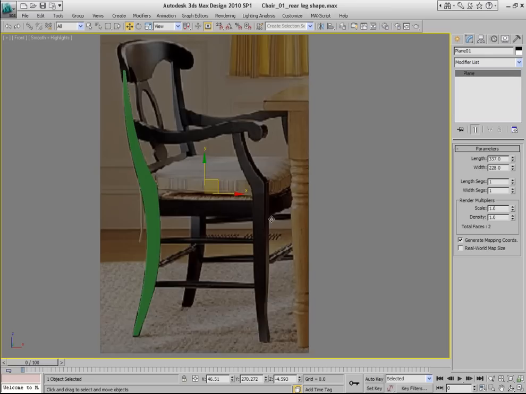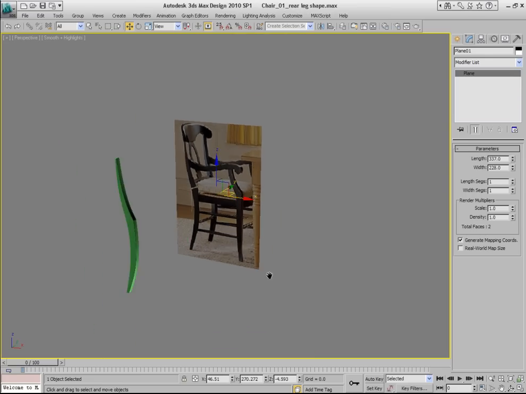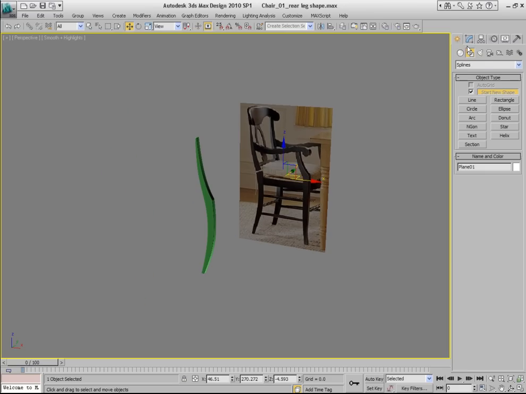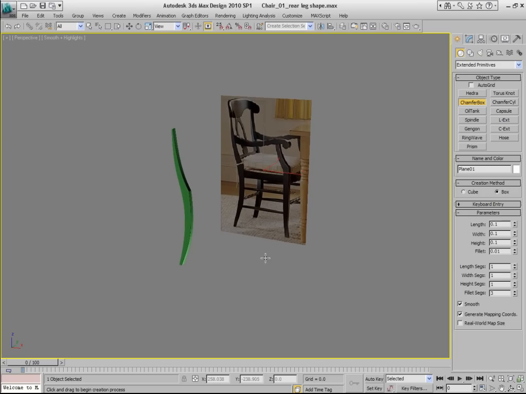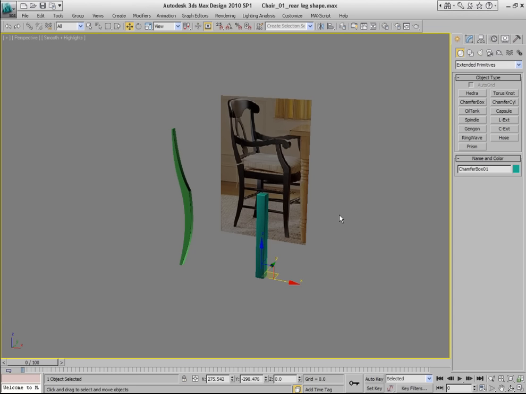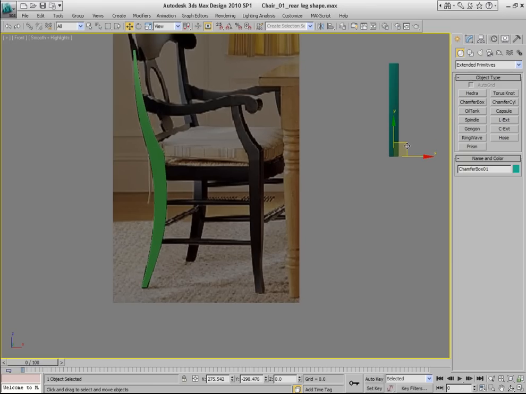All right, and now we're ready to model the front leg. Now, let's go to perspective view and go to create panel, this extended primitives menu, and create chamfered box. Now at this point we don't care much about its size, so just make something that resembles the front leg, the chamfered box. And now we need to go to front view, and we can fine adjust all the parameters